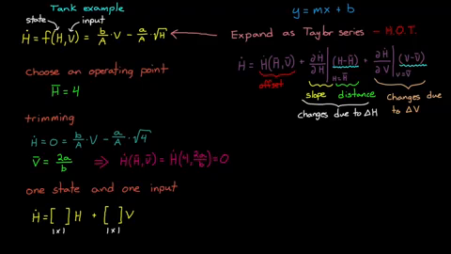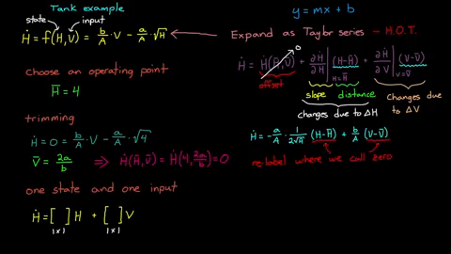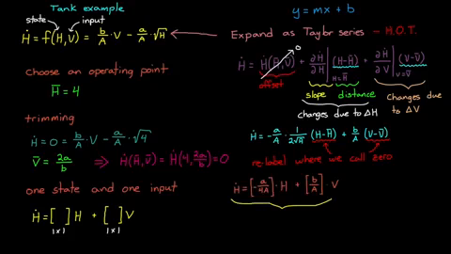But we can simplify this further since the function's value at the operating point is 0. Now we can solve the partial derivatives. And to simplify this result even further, we can just relabel where we call 0. So instead of the height being measured from the bottom of the tank, for example, we can measure it from the operating point. And this condenses h minus h bar down to just h, and v minus v bar down to just v. And what we're left with is this linear equation of our water tank system at the operating